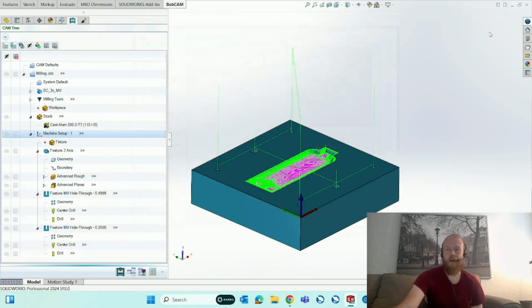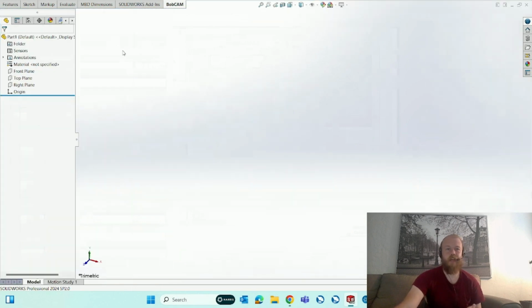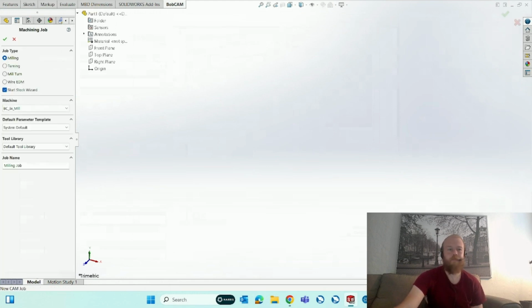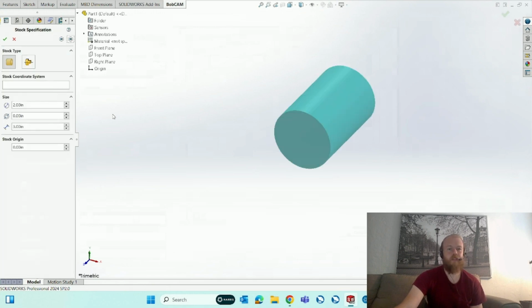If we go into a new file and create our geometry as a sketch or an extrude boss, 3D model, things like that, then we can go to start a new CAM job. We have milling, turning, mill turn, and wire EDM. And again, it's all the same types of things. If we went into turning, go to a new job, select the stock,